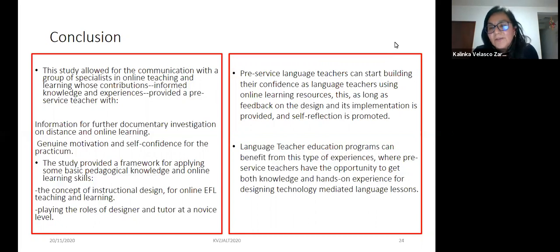So as you said, this was before the pandemic. My advice to language teachers who are new in using online resources is to try out as many resources as possible. There are many applications, but with a sense of sound organization, with a purpose. And I think this is what underlies the concept of instructional design. The same way we do it in presential courses in the classroom, we need to plan our lessons, and there are objectives, content, activities, strategies, and ways of evaluating.